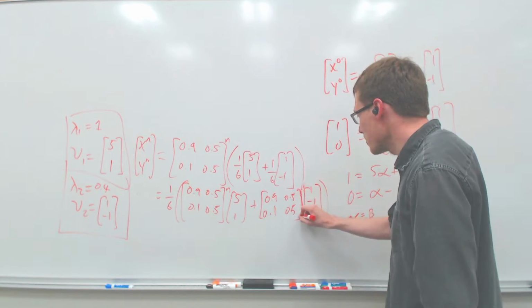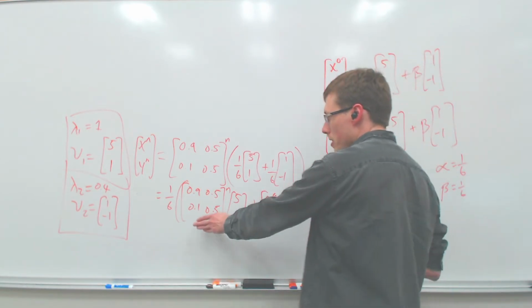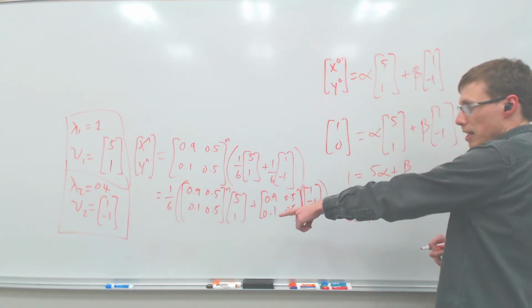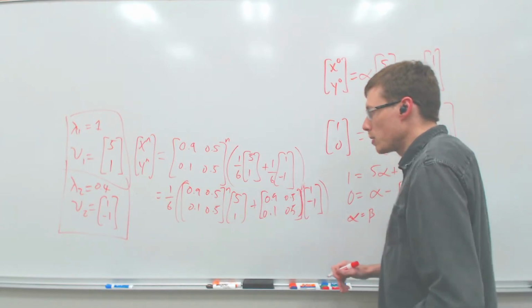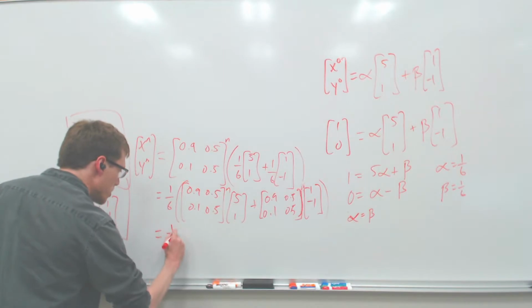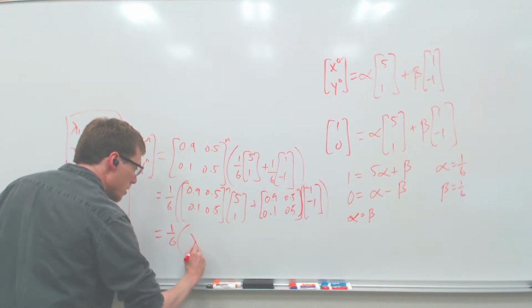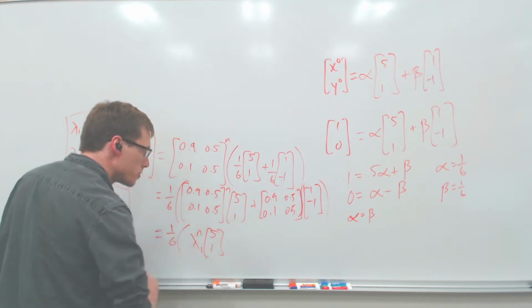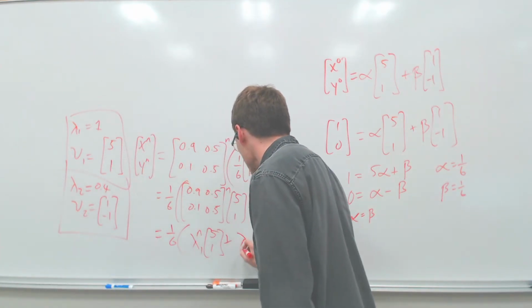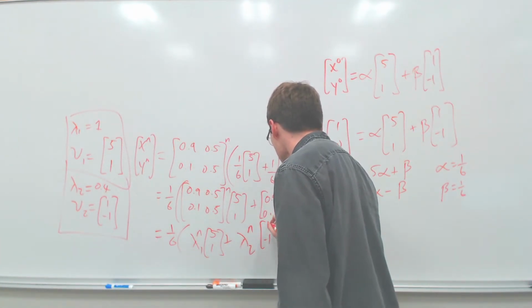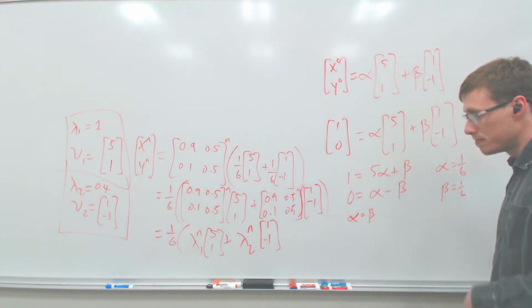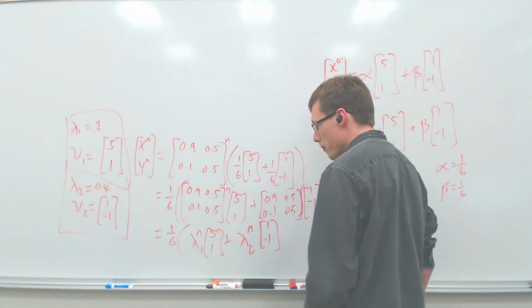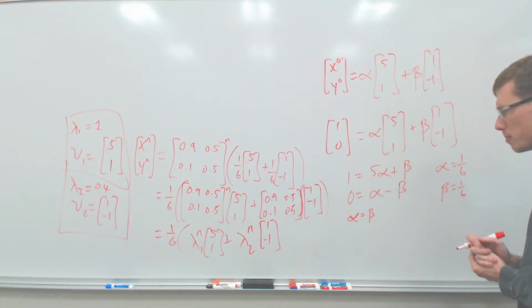And luckily, this multiplication is easy. Because if we multiply this matrix by the eigenvector once, all we do is we get the same value back because the eigenvalue is 1. And so what this thing turns into is just 1/6 times lambda 1 to the n, which in this case, lambda 1 was 1, times our eigenvector, plus lambda 2 to the n times the second eigenvector. Cool. And there we go. So now what we've done is that since this is 1 and this is 0.4, we just take them to the nth power and we're good to go.